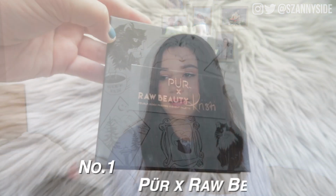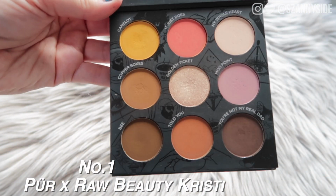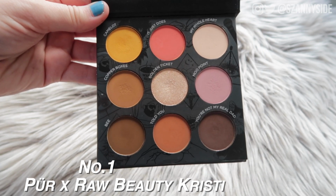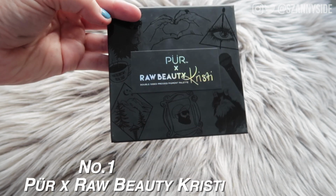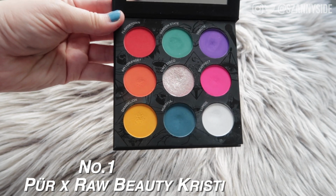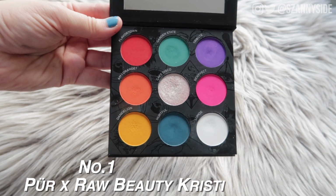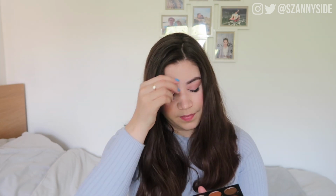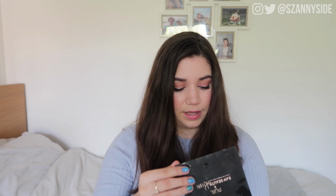And the palette that stole my heart this year so far is the Pure X Raw Beauty Kristi palette. I created so many looks with it and I love all of them. Obviously, it has more of a neutral side and then it has more of a colorful side as well. And I think that's why I like it so much, because it's really small and compact. And the design, how she did it as well, that you have a more colorful writing on one side and a more rose gold on the other one, so you exactly know which side you're looking at even without opening it. It's really smart, and it's so small and compact